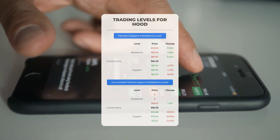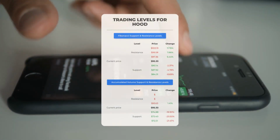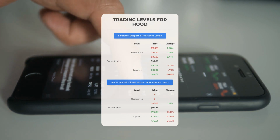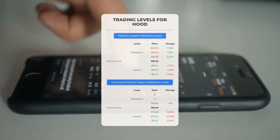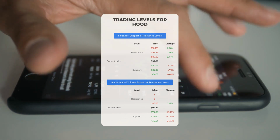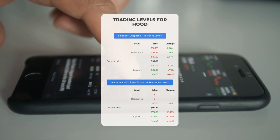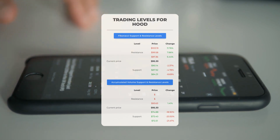Now let's discuss some potential day trading levels for Robinhood. In the event of an upward trend, the first resistance level for Robinhood is at $93.63. If you do not own any shares, you may want to wait for this level to be surpassed before entering a position. For those who are already holding the stock, this could be an opportune level to consider for